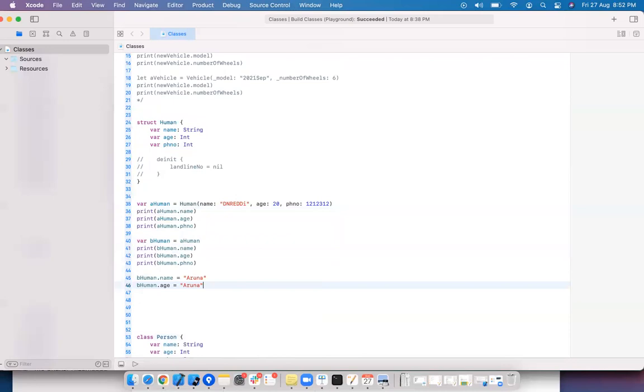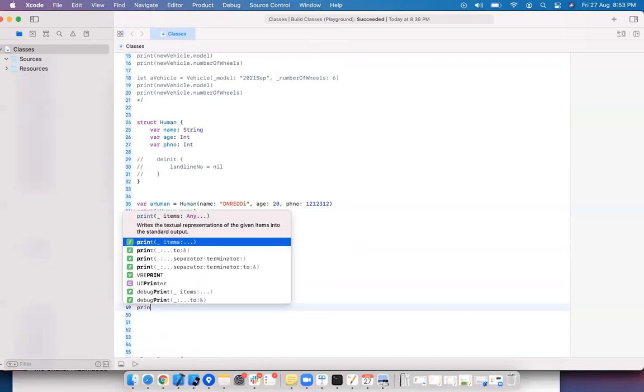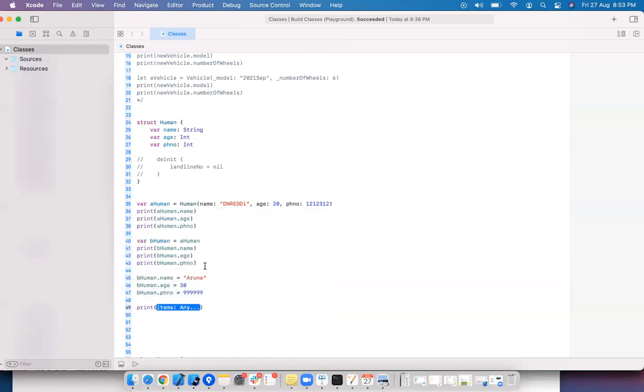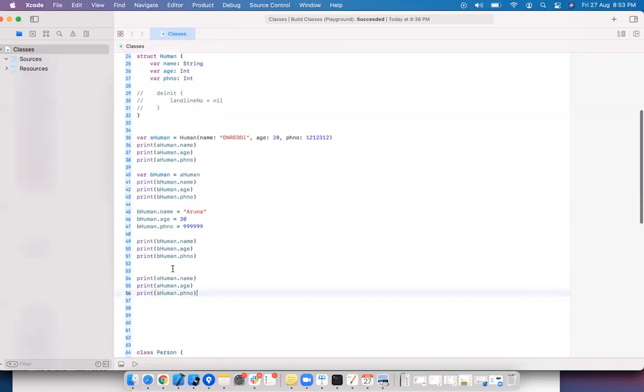Age is an integer, I'm just putting 30. bHuman.phoneNumber is 999. Now I want to print the same thing, and I want to print aHuman's values here. If you remember call by value, call by reference, which we have seen to swap the values, the concept is similar here.